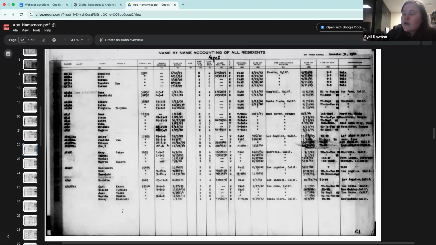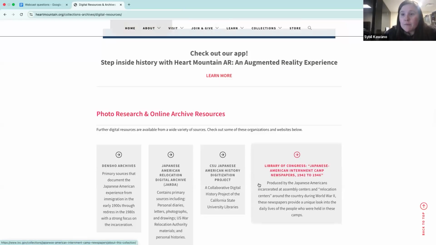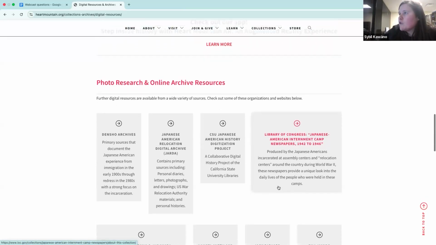And one thing I really like to do with the final accountability roster is go back to the Yoshio Okamoto photos. If you pick one that you like, there's usually a name on the back of who the person was. Maybe it's a baby or a senior in high school. You can find their name in the roster and dig and do a little bit more research. You can see, oh, they left and they went to Chicago. And then you can search the Heart Mountain Sentinel, which is the newspaper that was in camp. You can find this on our website here.